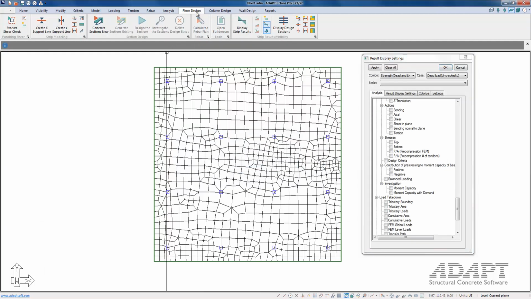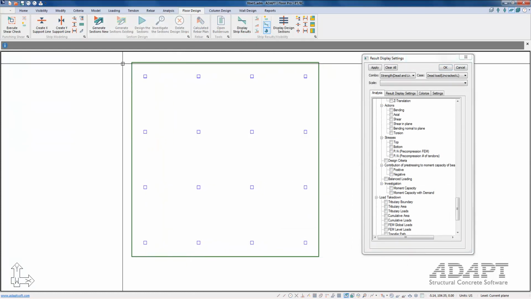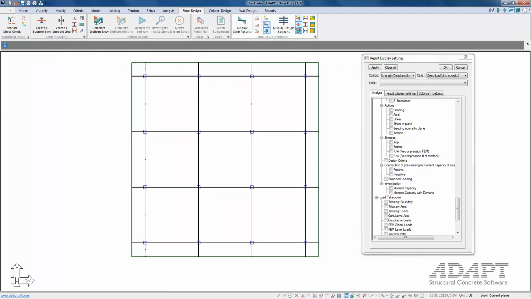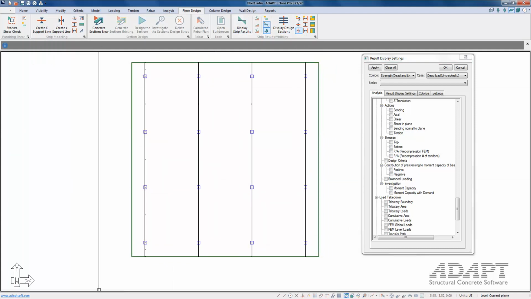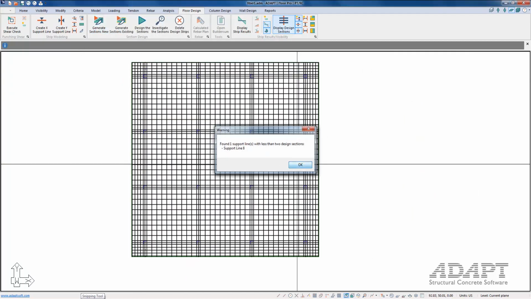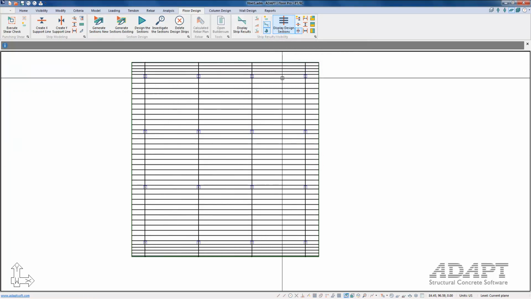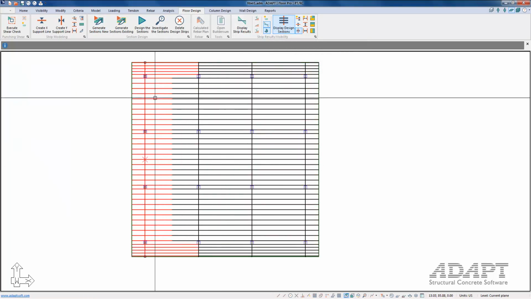And then I'll go over to floor design. I'll go back to default display just to remove the shell elements from view. And I have X and Y support lines, so I have both directions. I'll go ahead and generate the design cuts. And it's telling me that there's one location that has not enough design cuts, and you can see where that